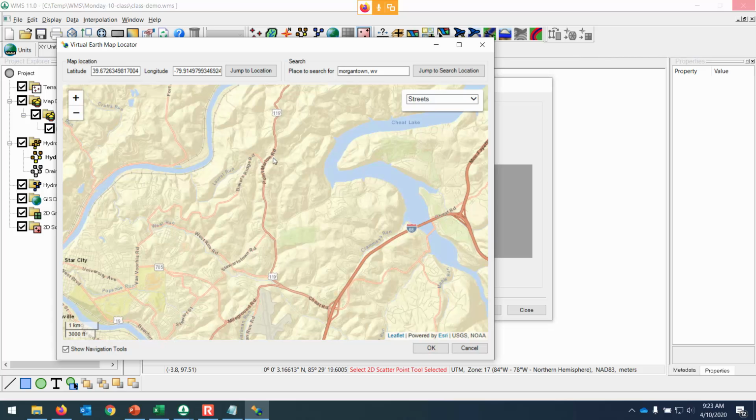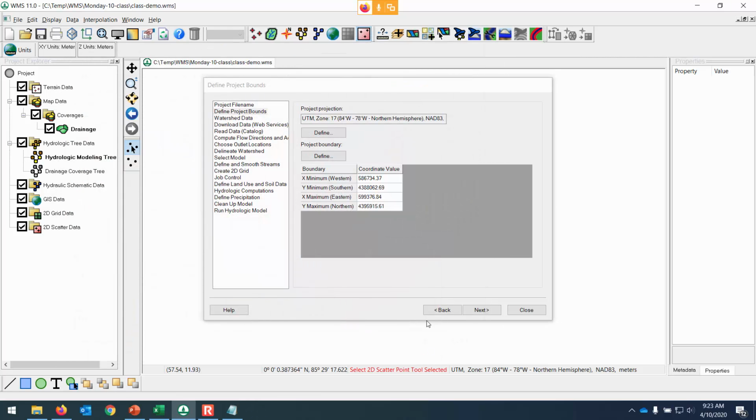Alright. So with this area defined, click OK, and what it'll do is feed those coordinates into your boundary, and you may have to minimize and then re-maximize again to get the wizard on the screen. Sometimes for whatever reason that wizard will get forced into the background. So click Next,